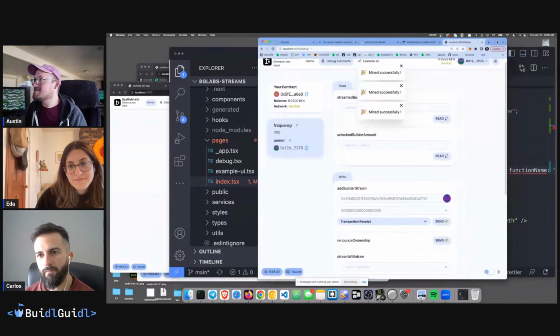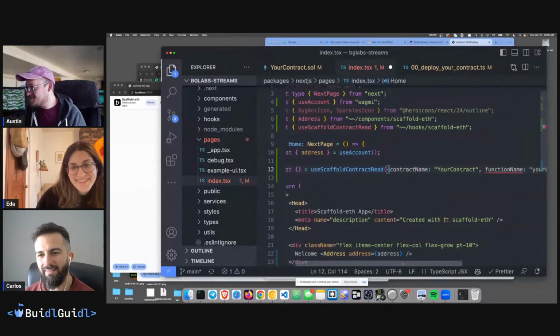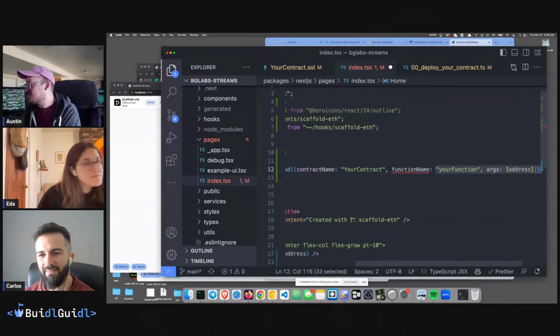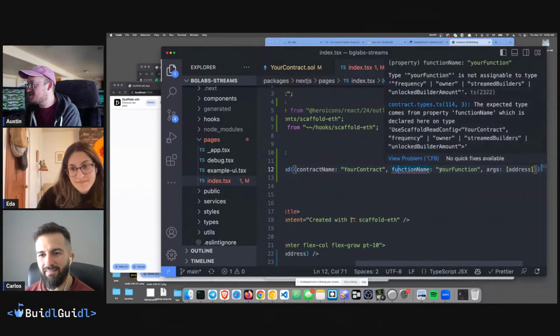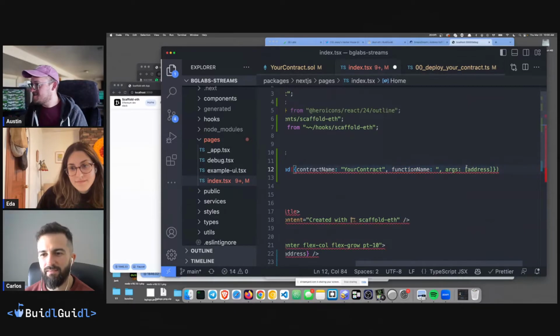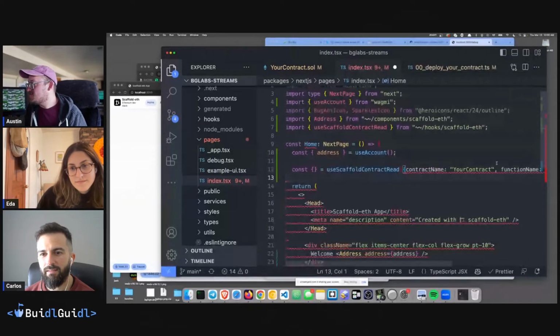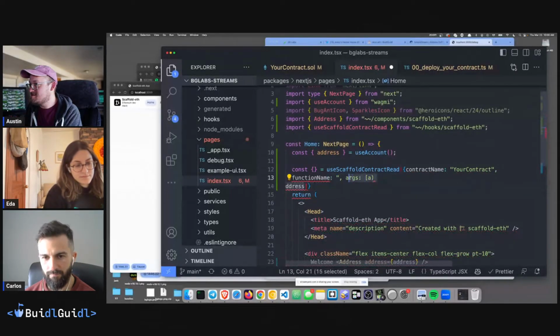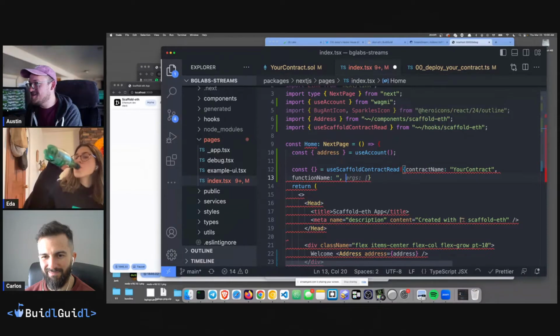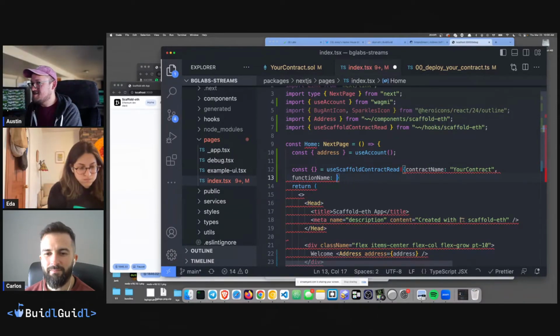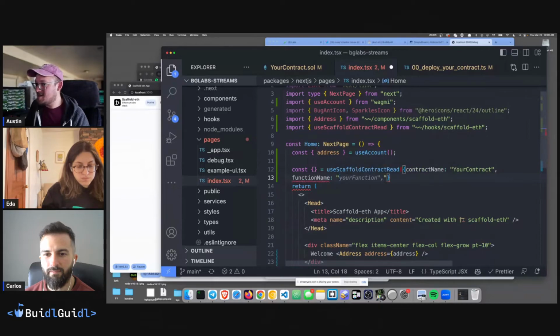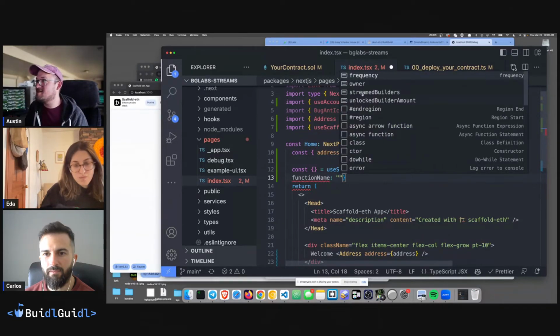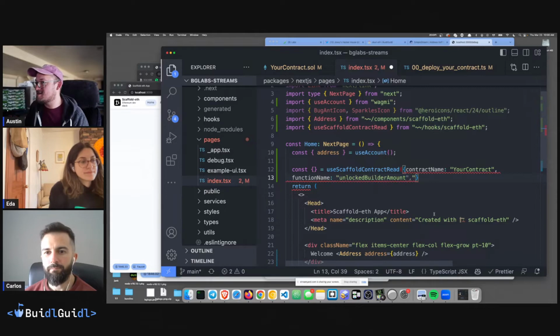Oh man, it's kind of weird. Sorry, it's off the end of the page, but it wanted to fill in. It actually filled all this stuff in. But it's not the function I want. This is hard to read, I'm sorry. Maybe you can get rid of all this stuff, the new lines. Here we go. Okay, and then when I do a control space, it's going to tell me what things I want. And I want unlockedBuilderAmount.